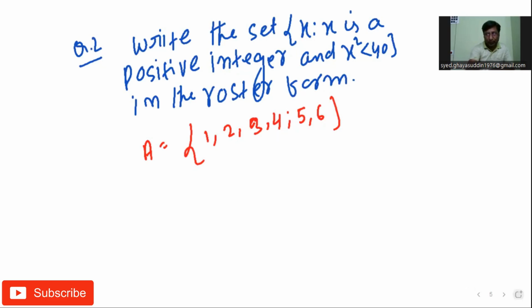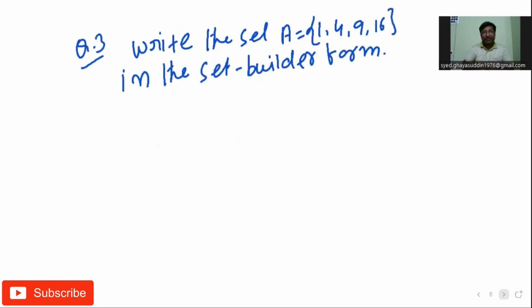Now just come to the next question. Write the set A = {1, 4, 9, 16} in the set builder form. You know well what the set builder form is? Set builder form is a method of writing or representing the set in which elements are not written, only their properties are written. So you can write A = {x such that x = n², n is an element of